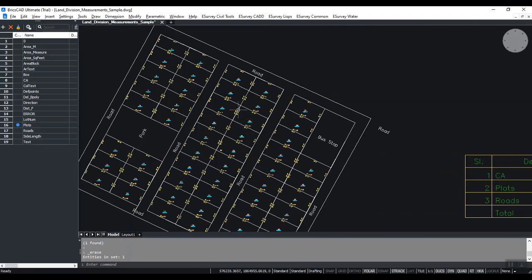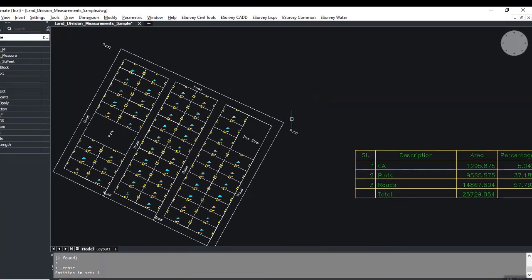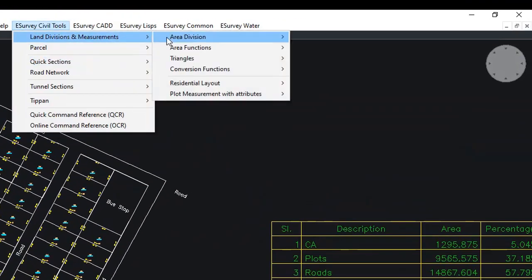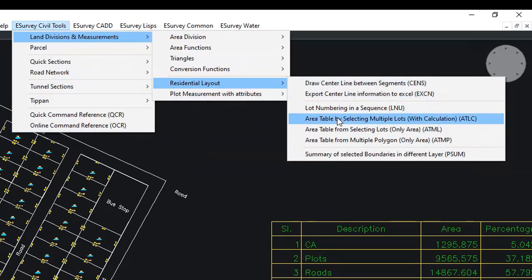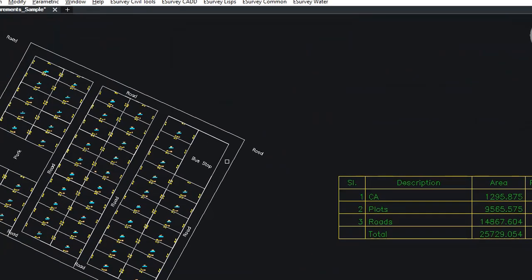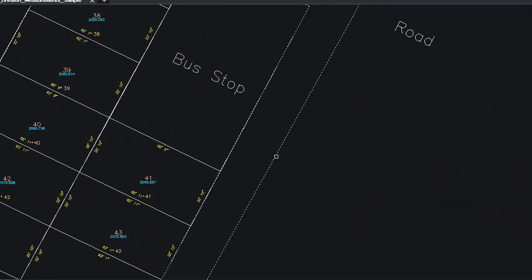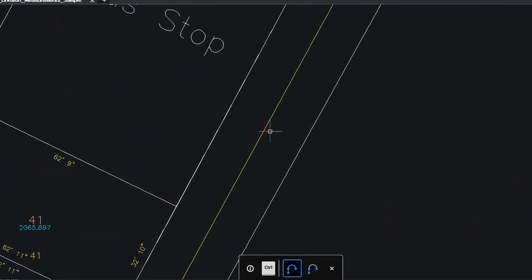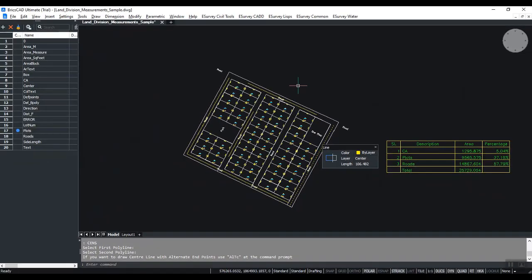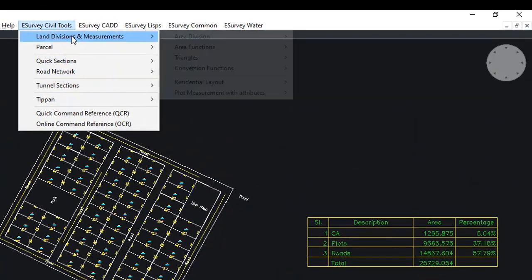Preparing drawings for residential layouts is a tedious process. This process is easy with Lisp commands provided in the residential layout module of Land Division and Measurements. With these commands, you can quickly draw center line between segments and export the length of multiple roads to Excel.